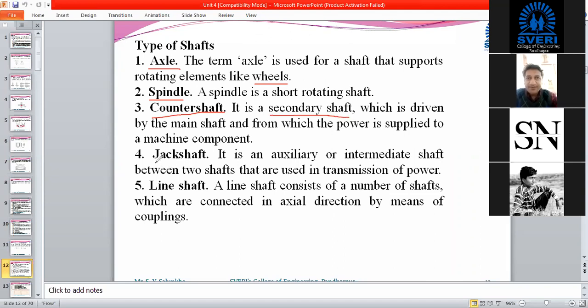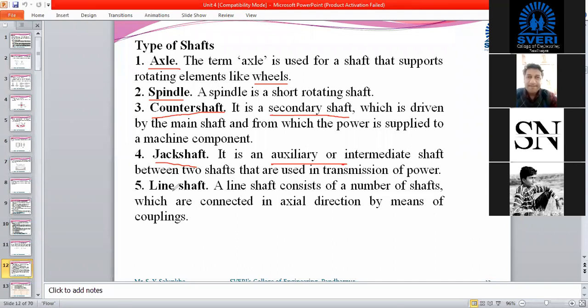Then jack shafts. It is an auxiliary or intermediate shaft between two shafts. Jack shafts provide support for transmitting power if coaxial shafts are used.